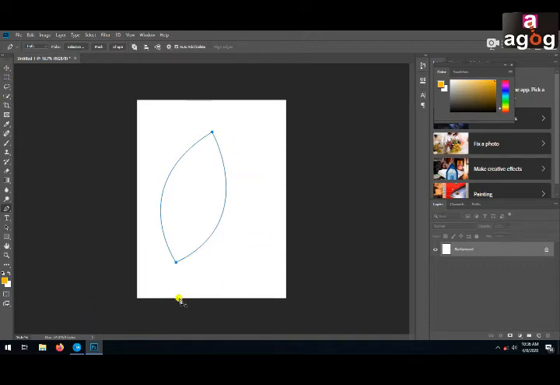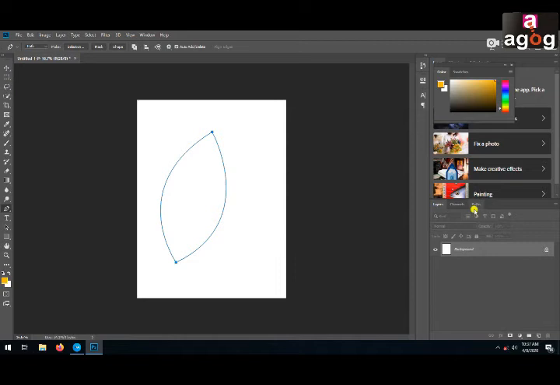Now you can see your outline, but you don't see it in the thumbnail as a layer. If you want to see these paths and customize this path, any changes you want in this path, you have to select the Paths panel.